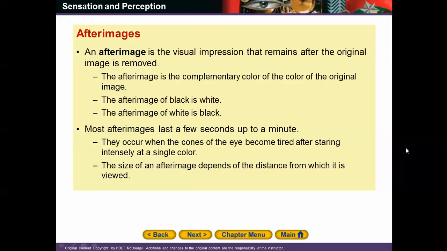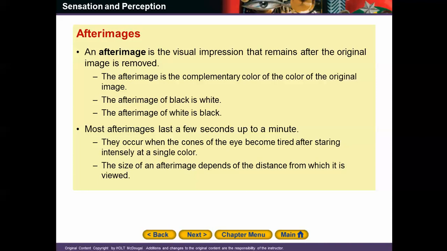An after image is the visual impression that remains after the original image is removed, and all of you have done this before, probably numerous times, at least once a day. You might not know what it was called, but this is what it is. It's the complementary color of the original image. So if you stare at something,